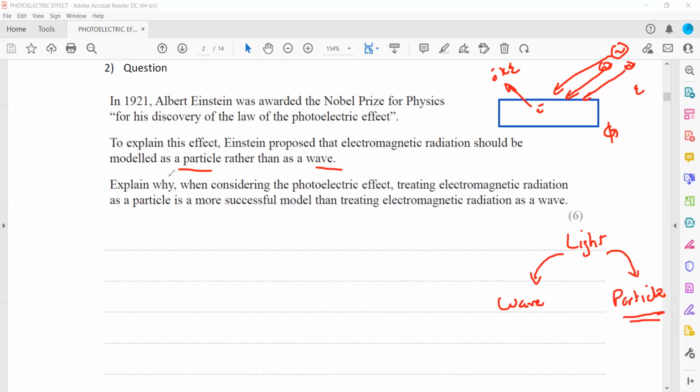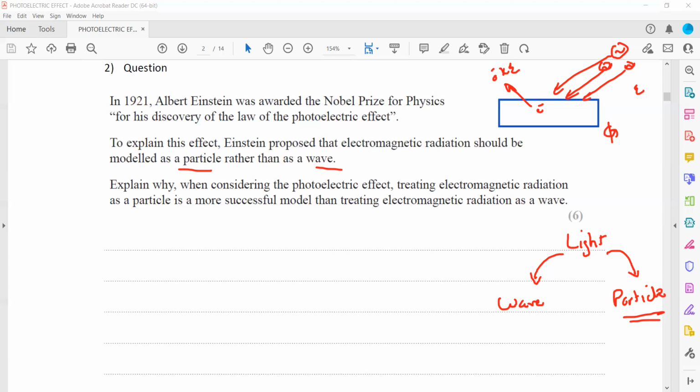So we have to explain why, when considering the photoelectric effect, treating electromagnetic radiation as a particle is a more successful model than treating it as a wave. The weightage of the marks is 6 marks. The question is simple: why the wave nature cannot explain this photoelectric effect, and why the particle nature is able to explain it. So number one,